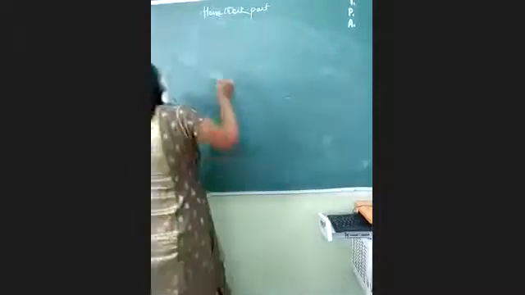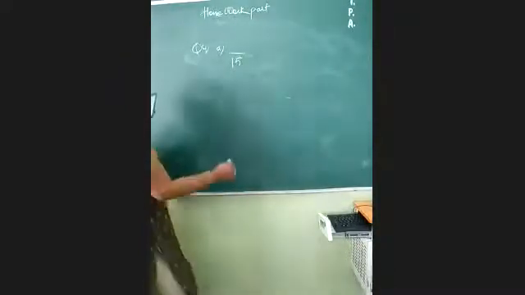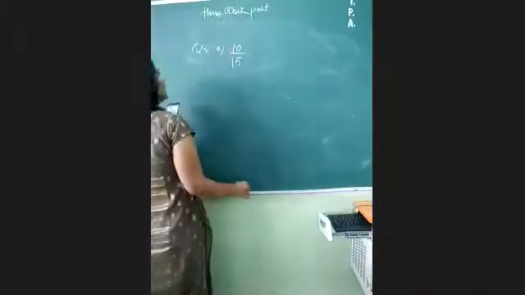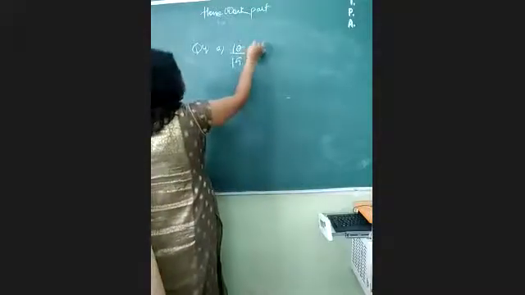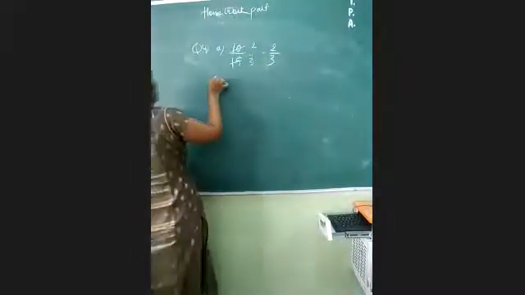If you talk about question number 4A, first you can count the total parts: 1, 2, 3, 4, 5. Total 15 parts are there, and out of 15, 5 parts are shaded. But it is asking how many are unshaded. So, yes, 10 will be unshaded. When you solve this one, 5 twos are 10, 5 threes are 15. The answer would be 2 by 3. Okay? Now moving on to the next.